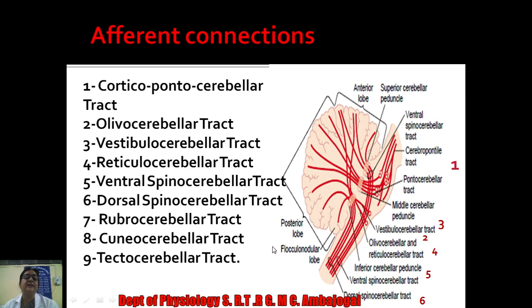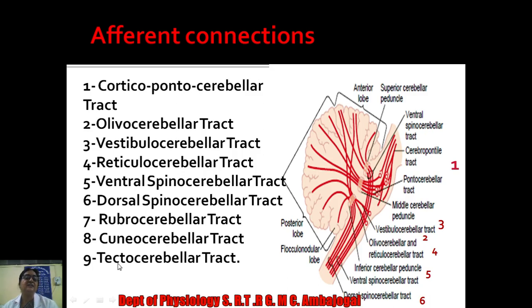Then the cuneo-cerebellar tract. Cuneo-cerebellar tract means from the nucleus cuneatus. This is also a component or branch of the dorsal column system. The dorsal column system is an important ascending tract that mainly carries all the fine sensory signals to the CNS. Here, in this cuneo-cerebellar tract, the external arcuate fibers from the same side as well as from the opposite side give information to the cerebellar hemisphere about peripheral sensation.